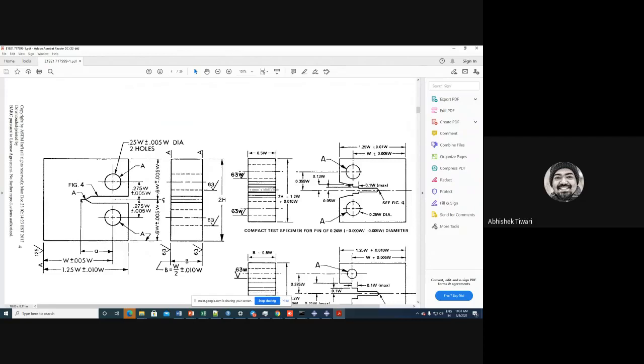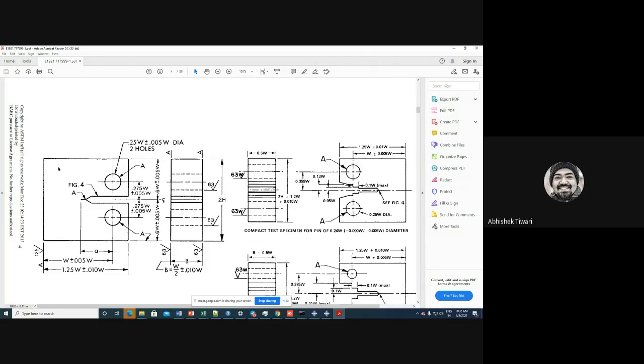Now, so you see this model, a crack starts actually from a distance of 10 millimeters. So A is usually equal to the thickness, which is B. B is half of W. W we have taken 20. So thickness is 10. So initial crack length is 10. If this is 10, this is also 10 because total is W. Okay. So from the back side, I have to give 10 millimeter distance, which is connected from the lower part.